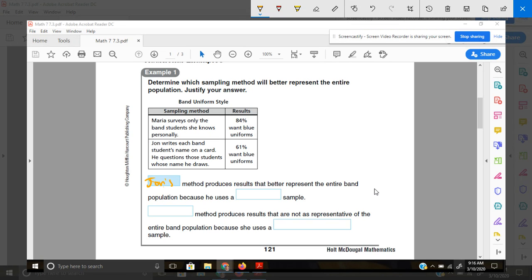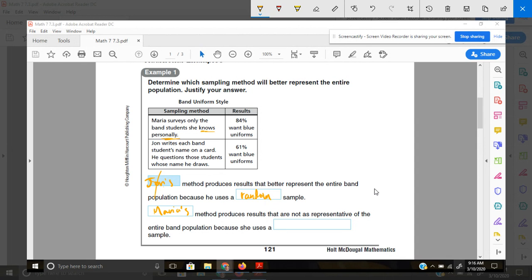John's method produces the better results because he uses a random sample. That's the key. Maria is surveying only people she knows personally, and it's not really fair because she's probably going to survey the people like her, and that's going to give her skewed results. Maria's method